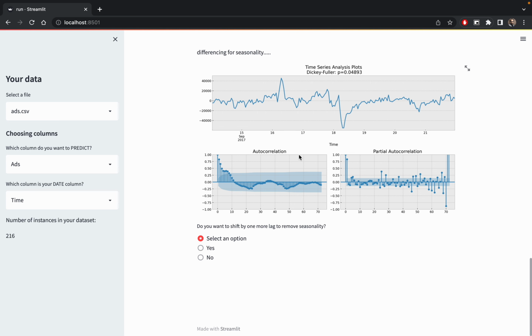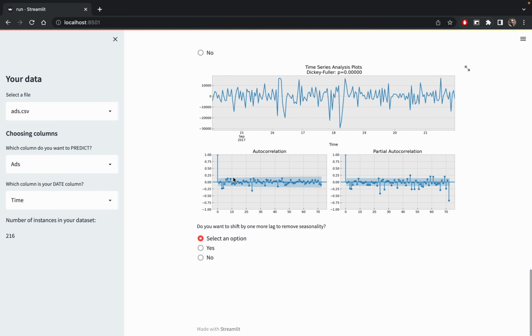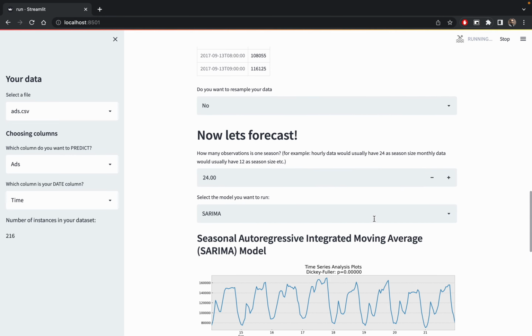In this process, it will now difference by one more lag rather than 24 more lags, to get rid of the seasonality. So once we select yes, we will see that the seasonality doesn't exist anymore. Now we will say no, and we will move on to the next step of our SARIMA